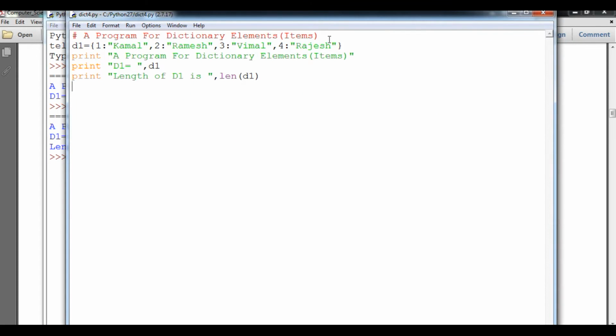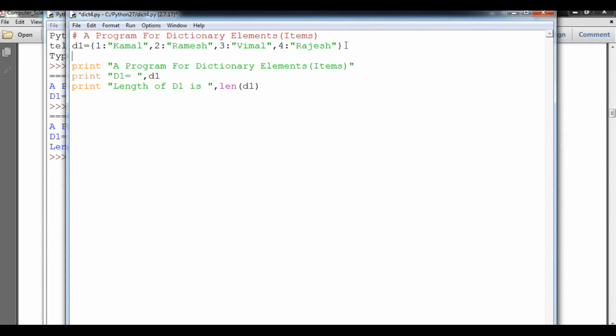This rule also applies to D2. If I create a dictionary, you can see that it contains another dictionary: here 1, simply Ram, 2, here Mahesh, that's it, and then comma, so here will be 2.